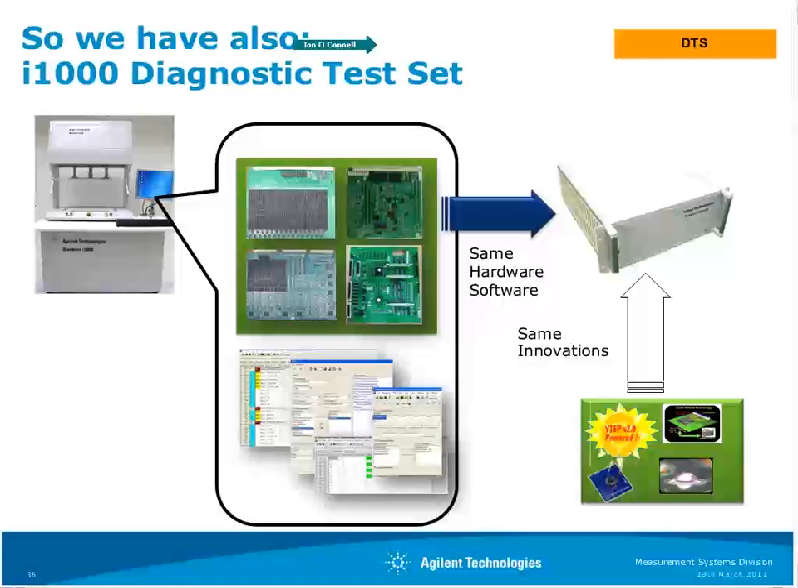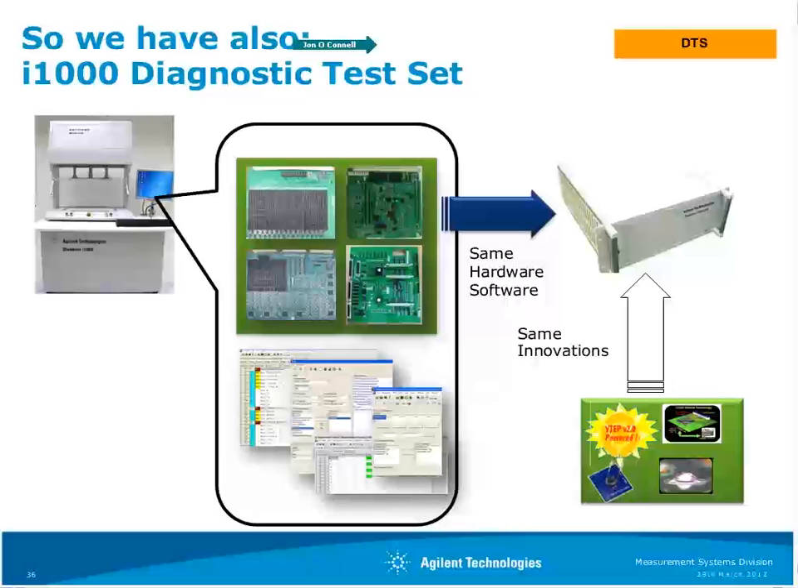So we saw this case quite a number of times, and we were able to create another platform based on the I-1000, which is called the Diagnostic Test Set, the DTS. And you'll see this coming to be released in the next 1 or 2 months, the I-1000 DTS. It's basically all the advantages and interface of the I-1000, same hardware, same software, same innovations, put into a rack-mountable box. It has a node limit of 256 nets, so it's just enough net for very low